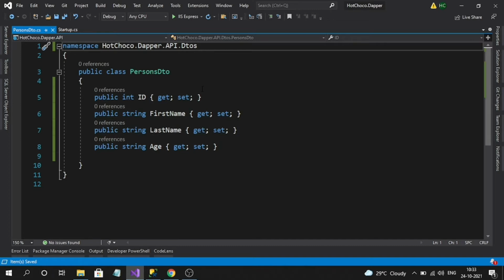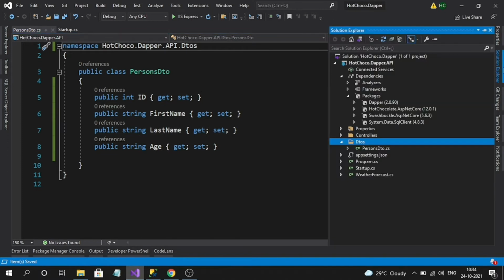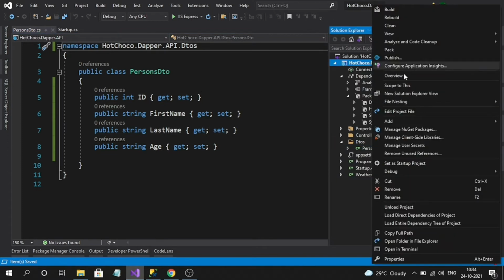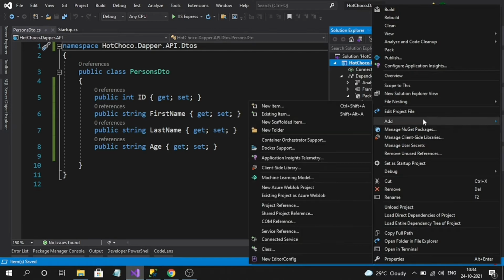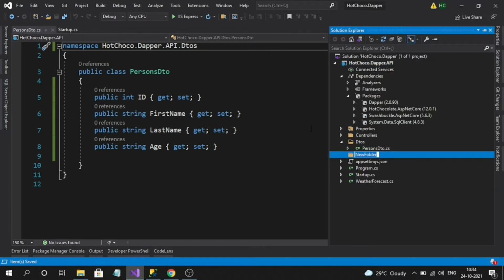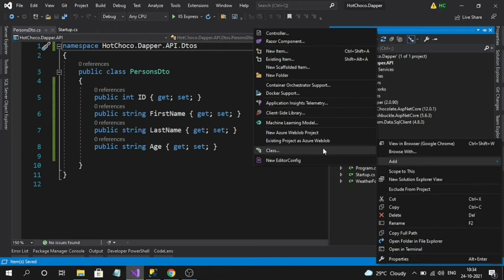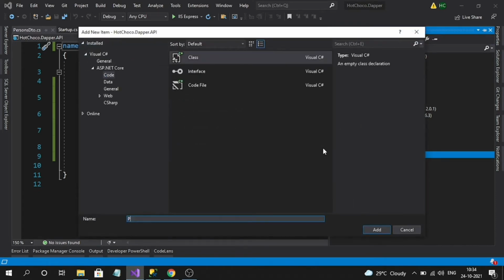Okay, so let's create a service file now, and this service file contains the logic to retrieve the data from the database, and we are going to use the Dapper micro ORM for the DB communication. Okay, so let's create a folder called Services. Okay, and here let me create a class called PersonService.